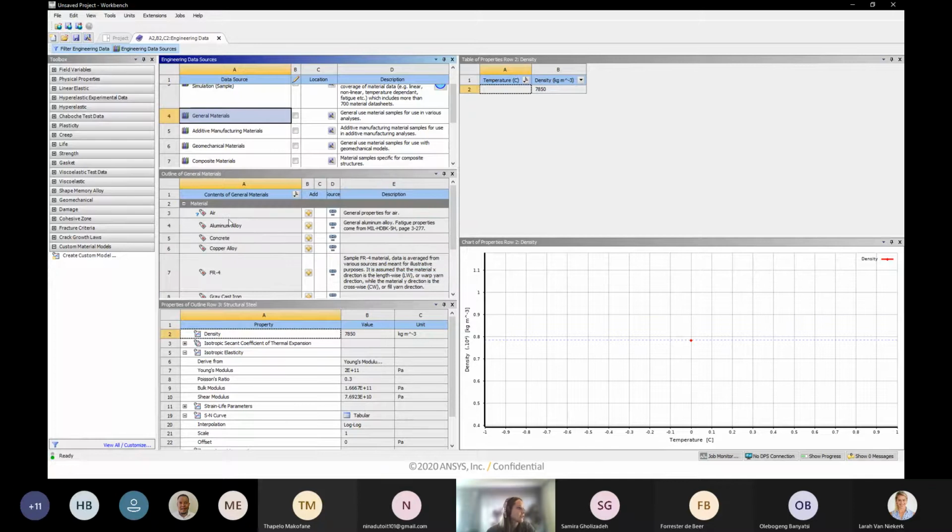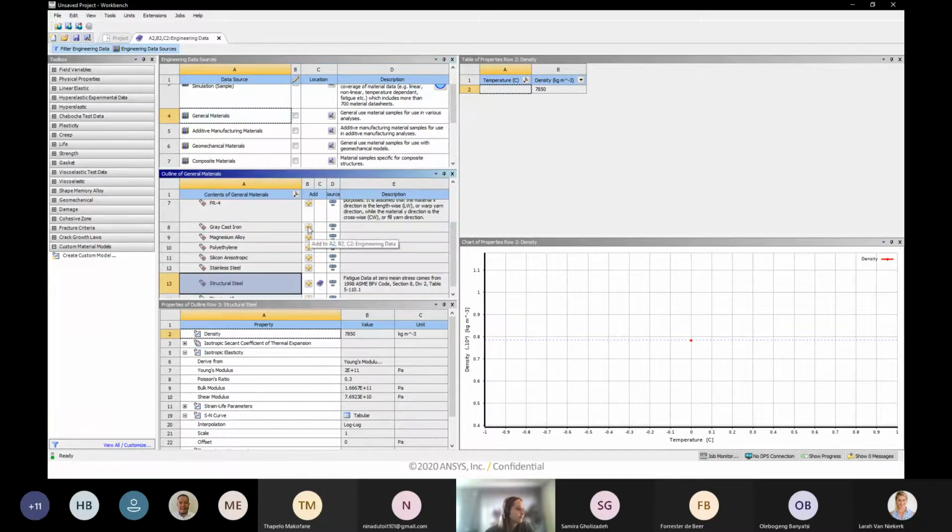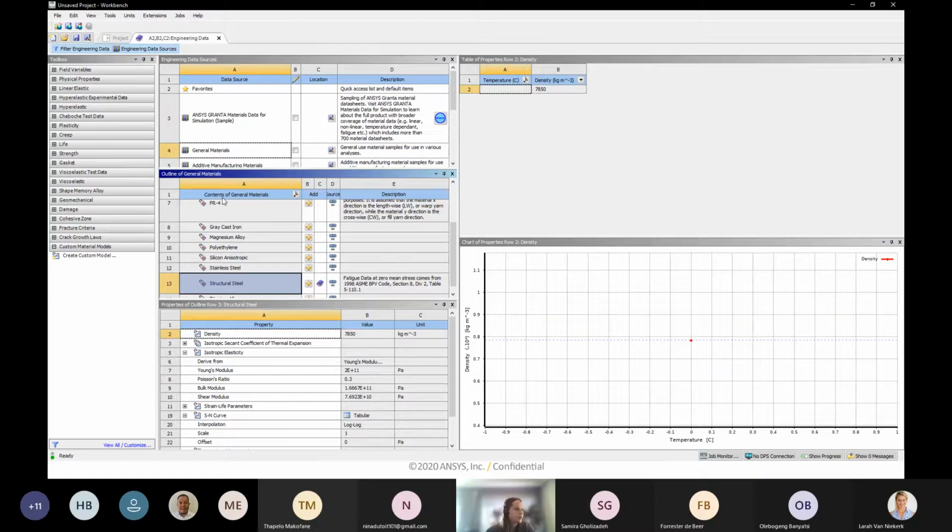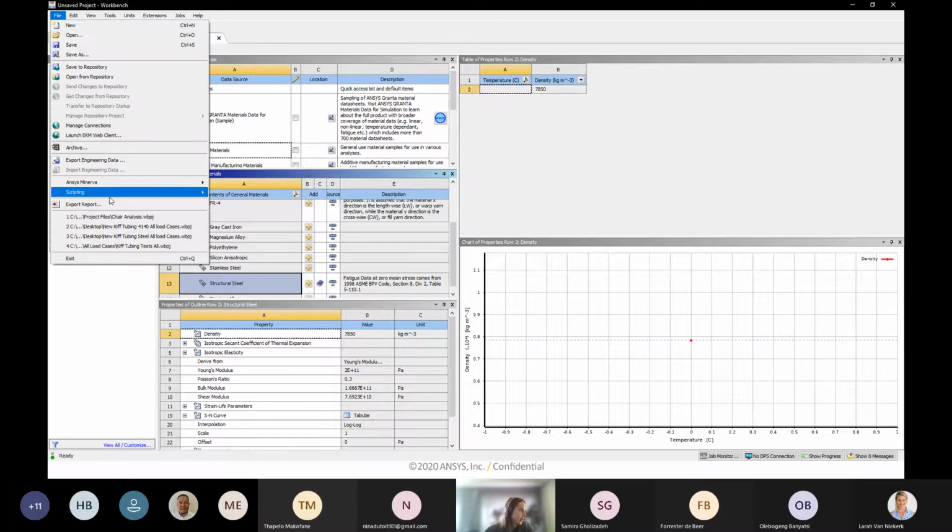So this is listed under general materials. And then if I click on this plus icon, it will add the material to the database that I'll be using. Then it already has structural steel included, which I'll just be using for the beams at the bottom. And then I also have an external material data file that I will be importing, which is another option if you ever happen to have an